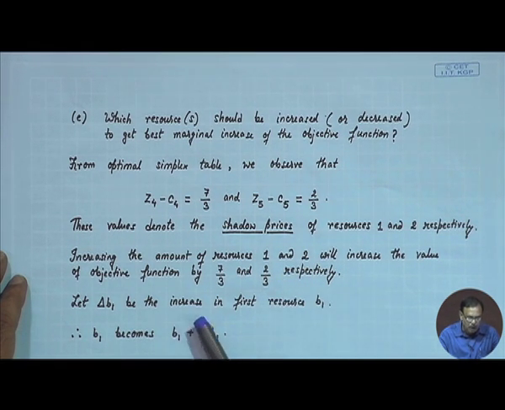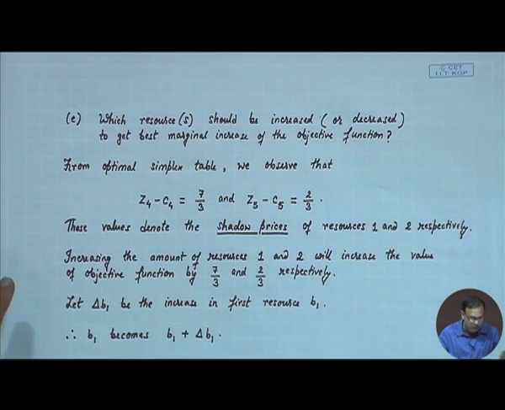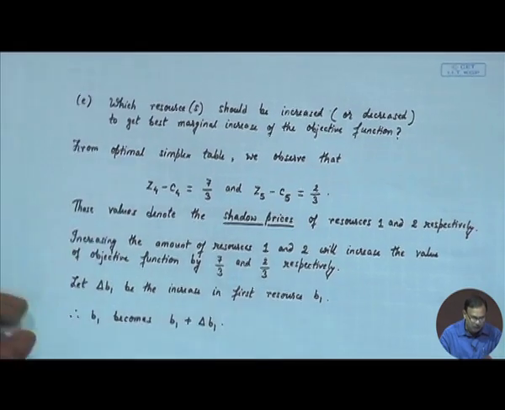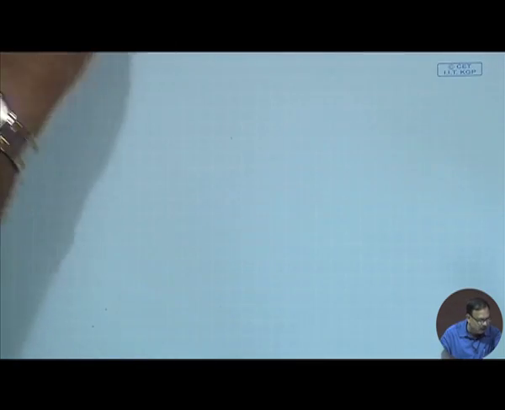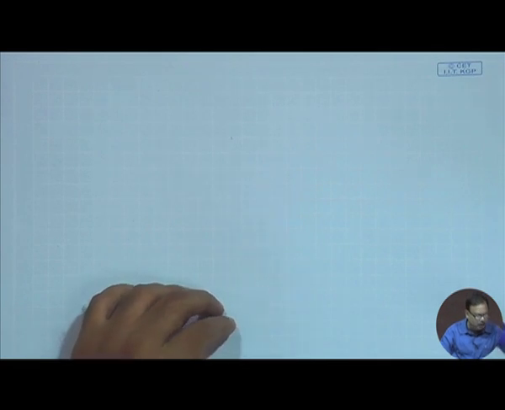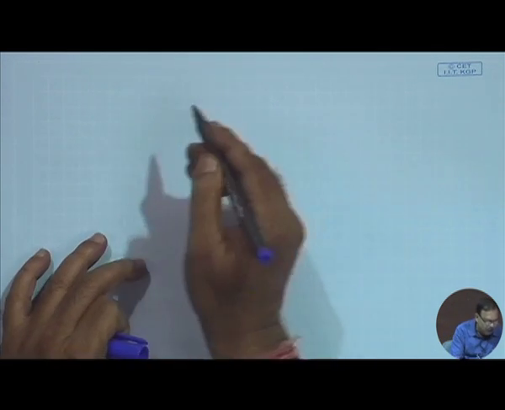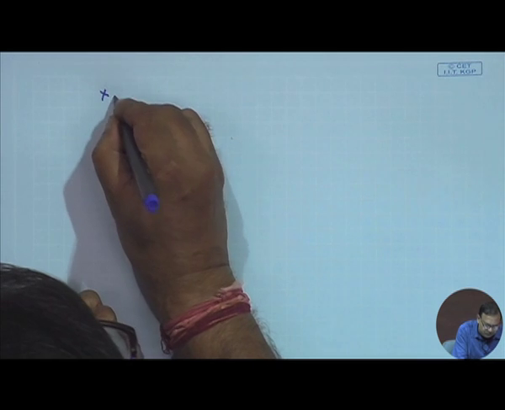Now, suppose delta B 1 is the increase in the first resource. If B 1 is the initial resource and we are increasing it by delta B 1, then B 1 becomes B 1 plus delta B 1. So, in this case the increase delta B 1 is the increase in B. Now, your x B star